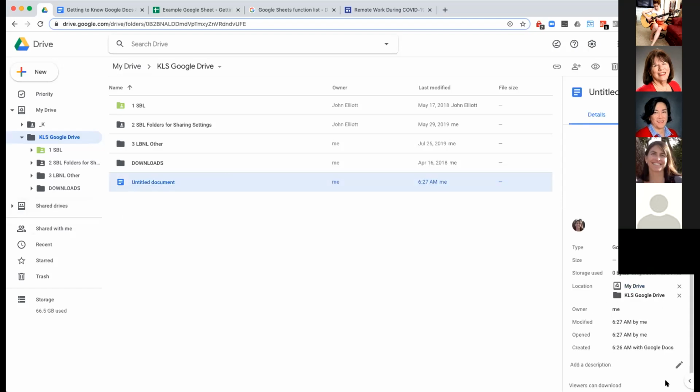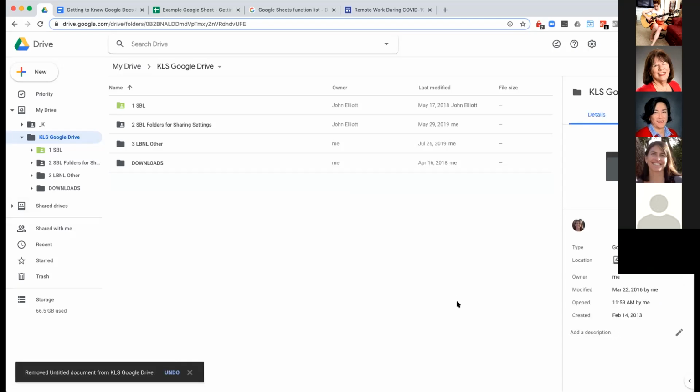Oh, okay. Thank you. Yeah, and the other thing you can do is, if you decide you don't want it somewhere, it looks like you can just hit one of these X's. I haven't tried it, but yes, if you decided you didn't want it somewhere, you can hit this X and then it will only live in the other location.